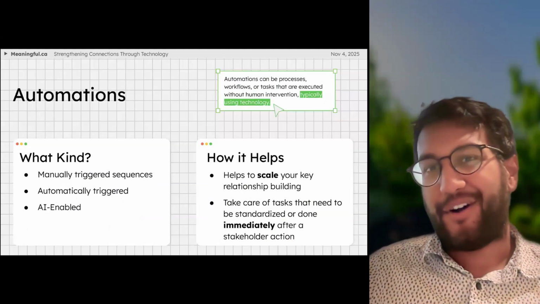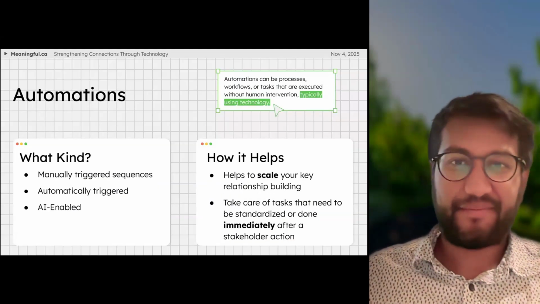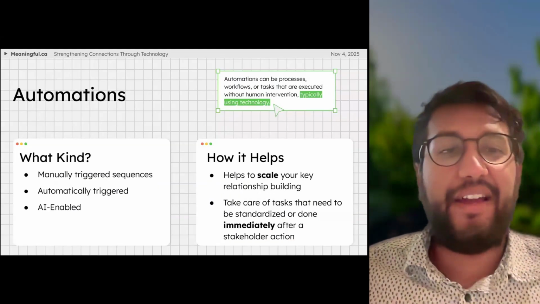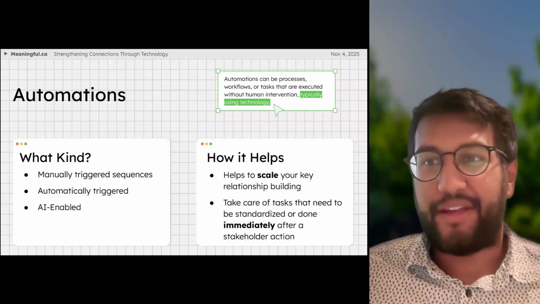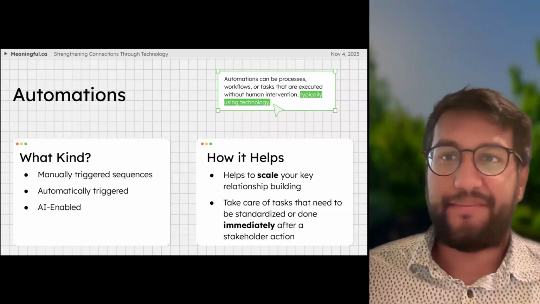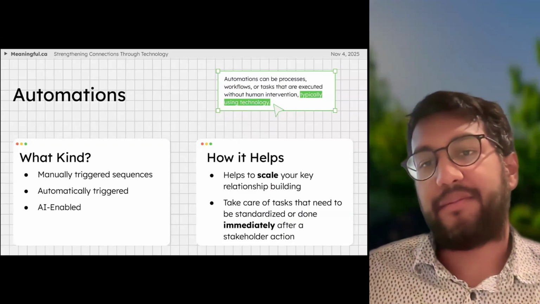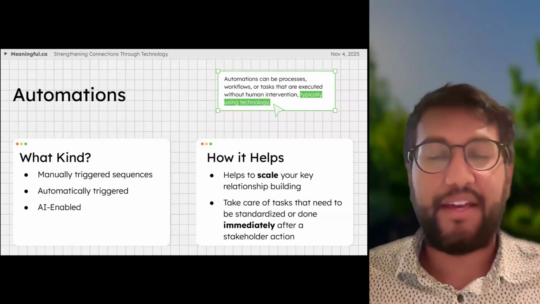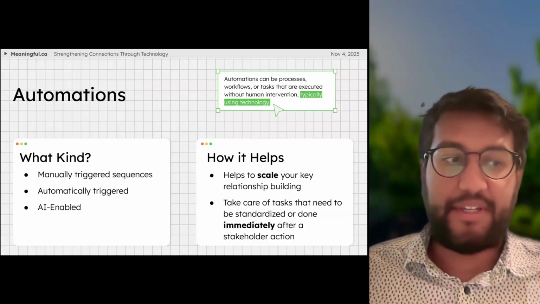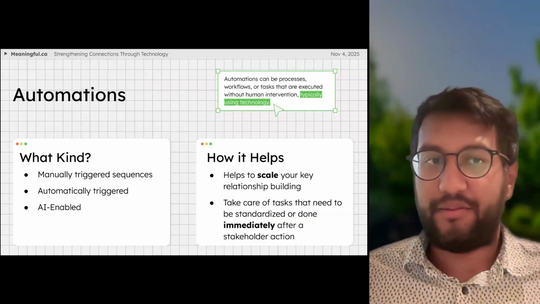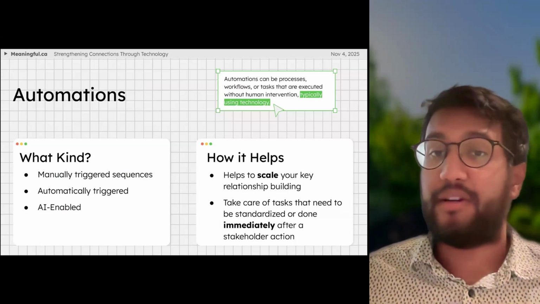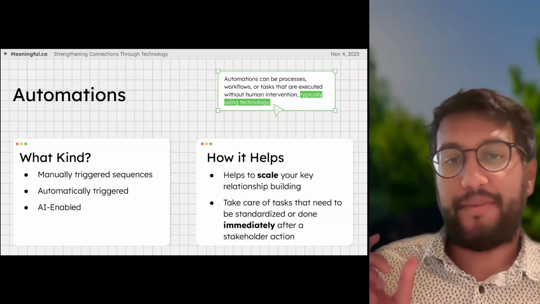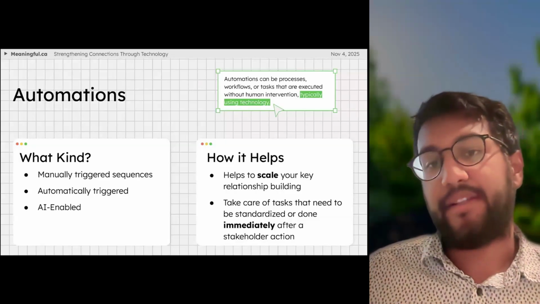And finally, let's talk about automations as a third pillar of a key relationship strategy. These could be manually triggered, automatically triggered, or AI enabled. And how it helps is really to scale your key relationship building. It's easy to perhaps engage with 20 people one-to-one, but the key advantage of using automations is it allows you to reach more people, but also make sure that you take care of those tasks that need to be done